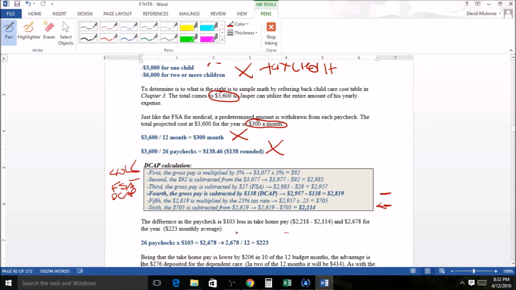Now, we can see the difference right here in the paycheck is $103 less from the FSA check. We're going to see how this plays out nicely, because right now we're saying, hey, per month on average, on the 10 of the 12 months that we know of, the smallest amount we're going to live on, really, which is all 12 months rather, is a $223 a month average from where it stood in the last chapter with the FSAs.